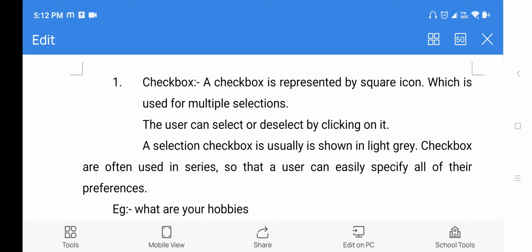The user can select or deselect by clicking on it. The first time you click on the rectangular box, it is selected. The second time you click on it, it is deselected. So you can select or deselect by clicking on that particular checkbox.